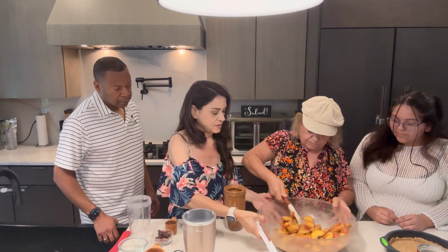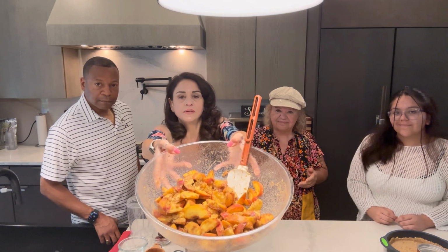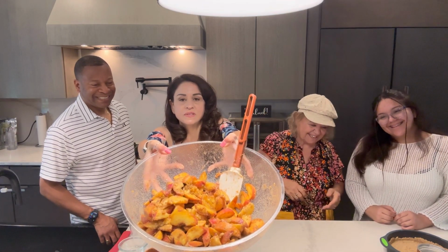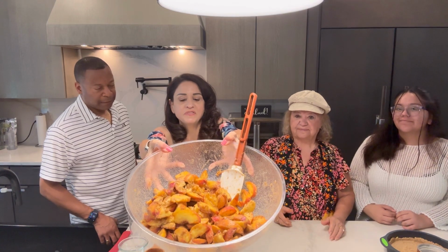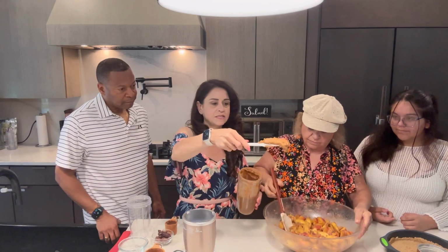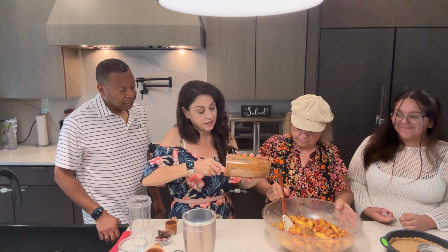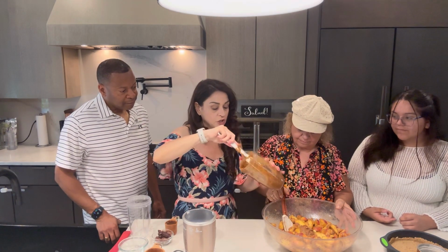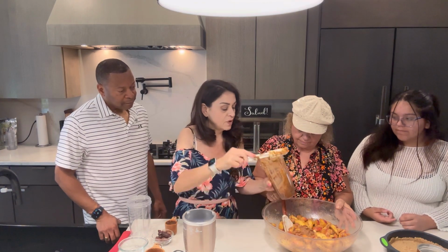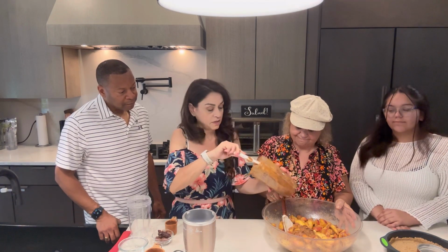Oh, let me show how nice this is. And this is- Can you just see all the goop in there? This is just the good goop. This is just the peaches mixed with those couple dry ingredients she put in there, and it just reminds me of fall harvest when you're making those apple pies and the juice from the apples comes out. It's just beautiful. And then here's our dates. It's nice and thick, and we'll put those in there in lieu of using maple syrup, coconut nectar, sugar, and those types of things. And while I talk about this, Mom is gonna have a little type 2 diabetes